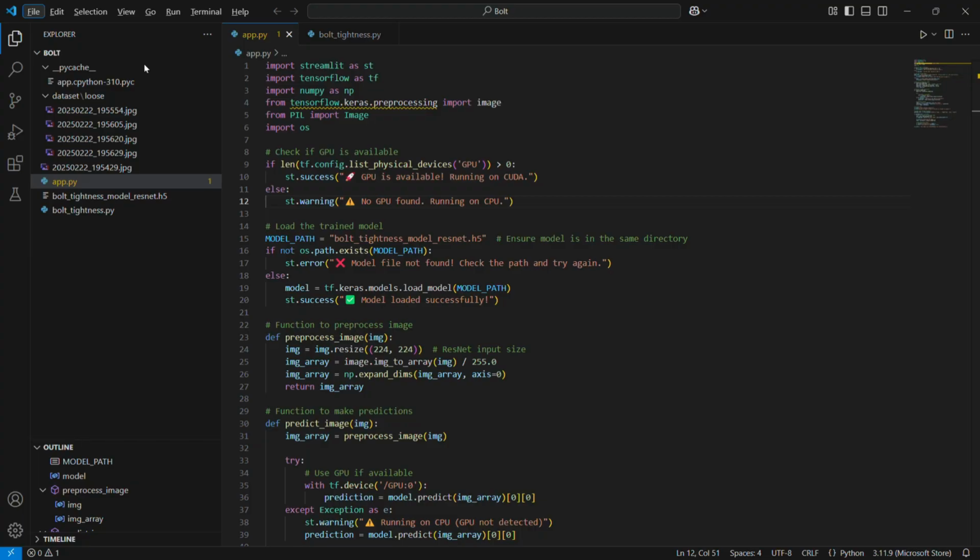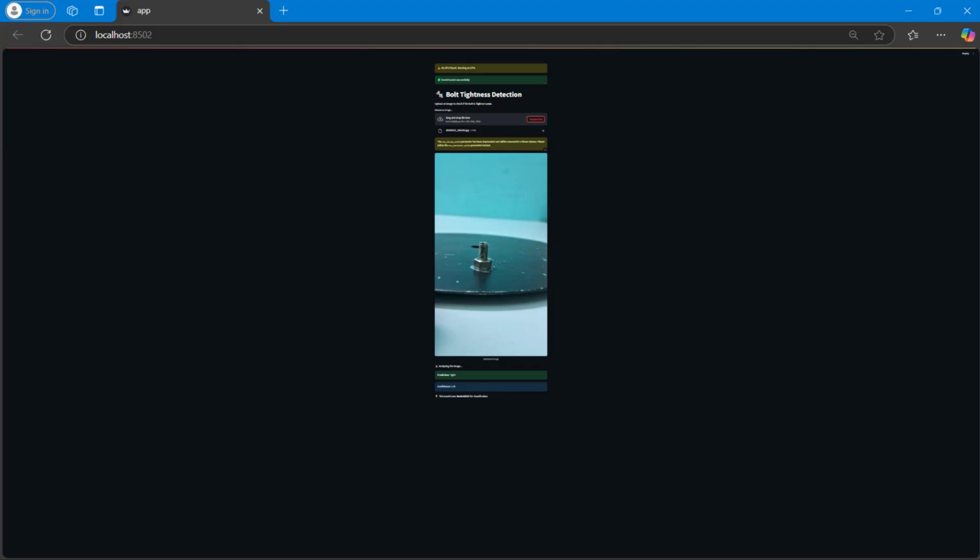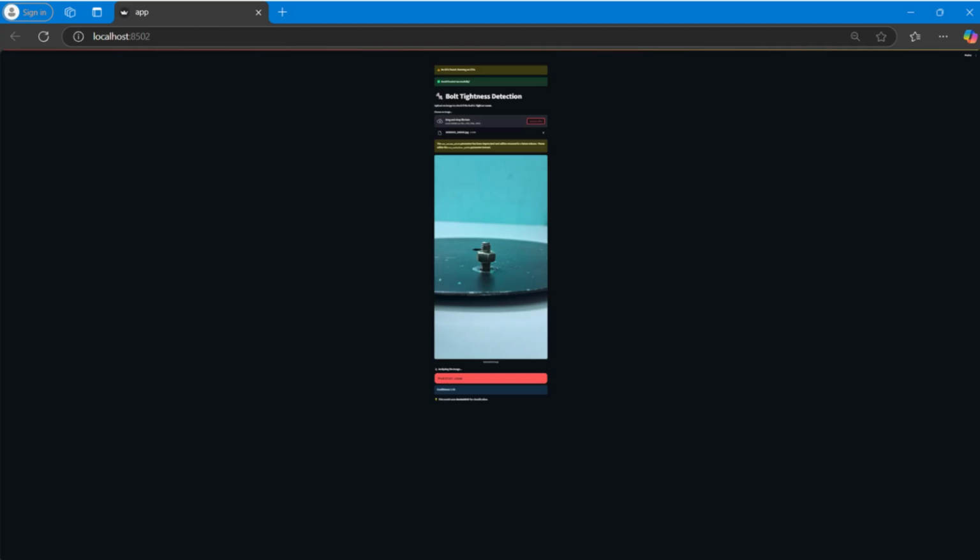autonomously. This is the Python code of our project to predict whether the bolt is tight or loose. This is the sample output of our prediction system. This works on predefined datasets, which were given previously, and we trained the algorithm with the datasets we have taken through the images. So the image will be analyzed against the previous datasets